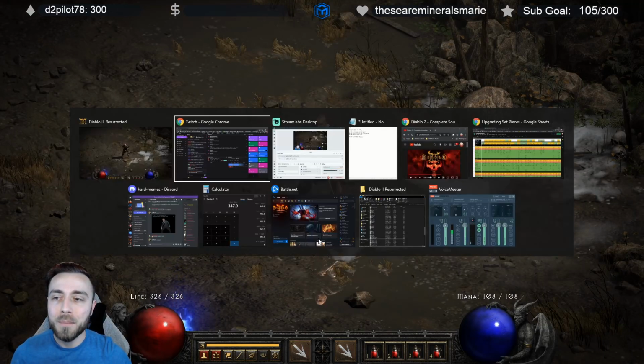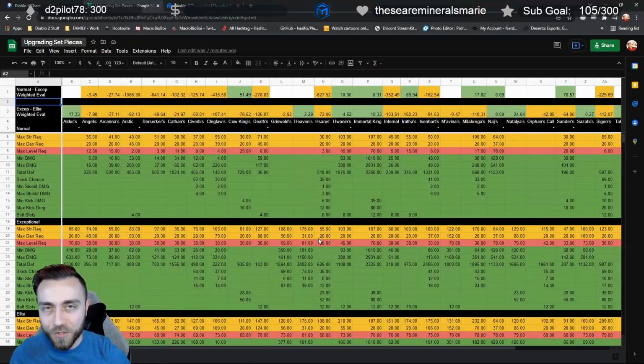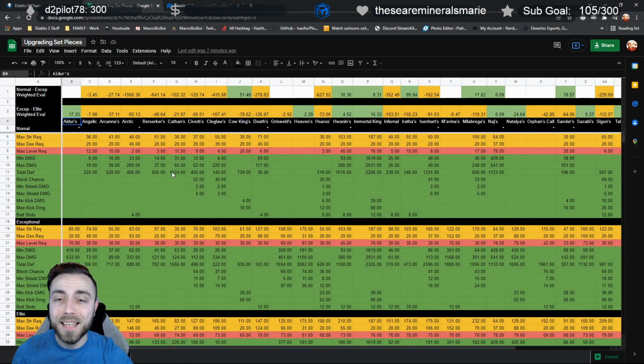Quickly blast you with that much information, here is the spreadsheet. You'll see that we went through every single set that's available in the game that can be upgraded. The only set that can't be is Bulkathos, because both of the weapons are already elite. And what we did was, based off of a barbarian, so a starting barbarian, we calculated the required strength that